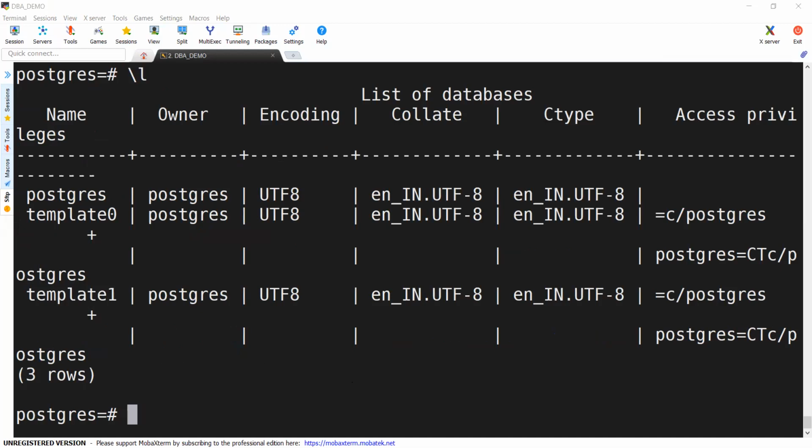These are system-defined databases. If you want to connect to a particular database, use \c, and you can do all those things as per your business need.